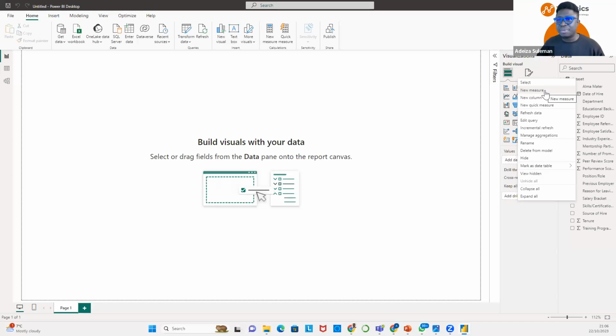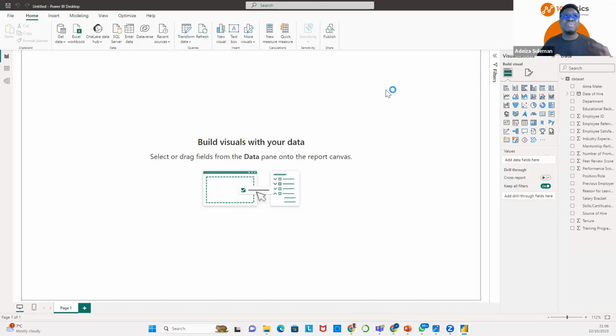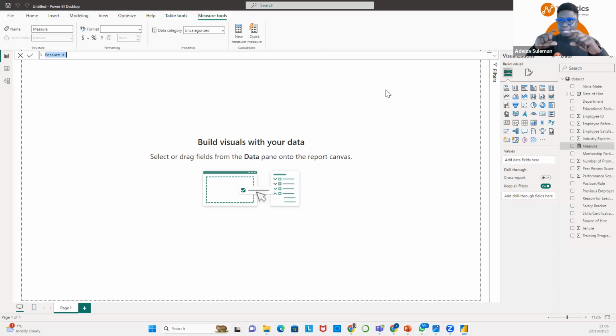New measure. Instead of seeing something like new calculation, you'd see new measure. So I'll click on new measure so that I can write the DAX that would help me count